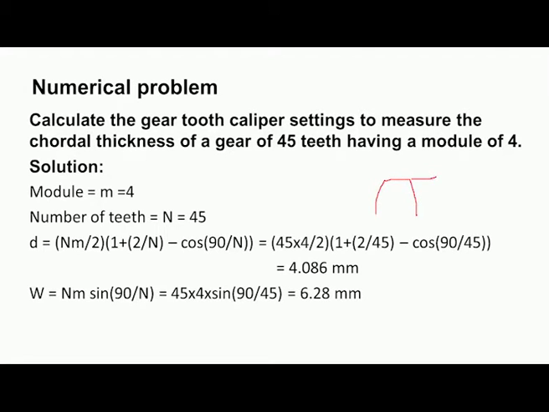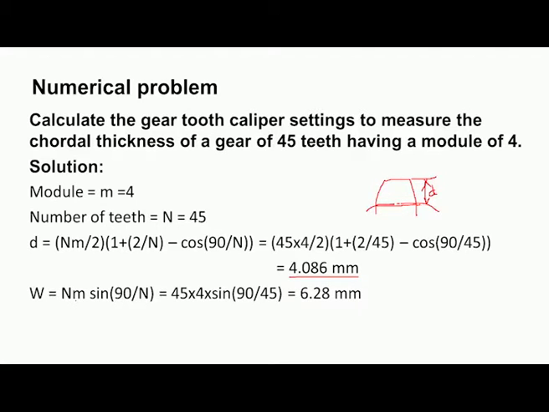This is the pitch circle, and then the chordal thickness. So, this is D, D equal to 4.086. We have to move the tongue of the vernier caliper and adjust this 4.086 millimeter in the instrument, and then we can measure the thickness.